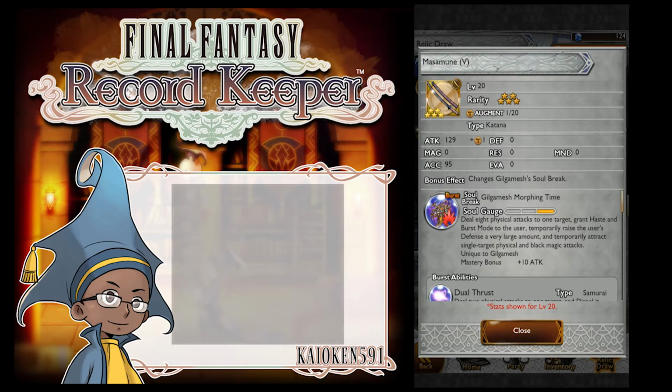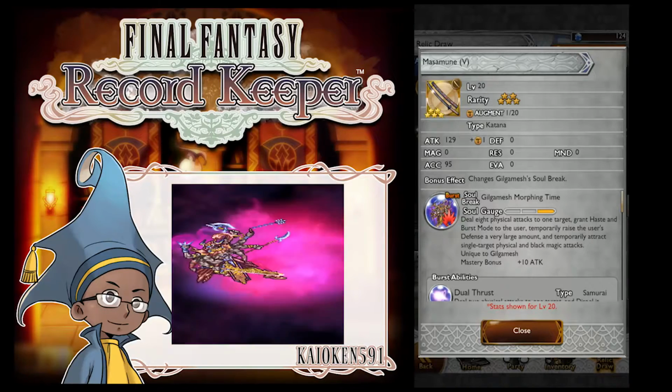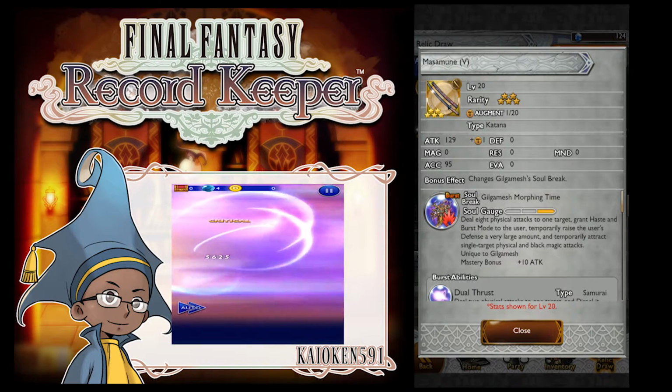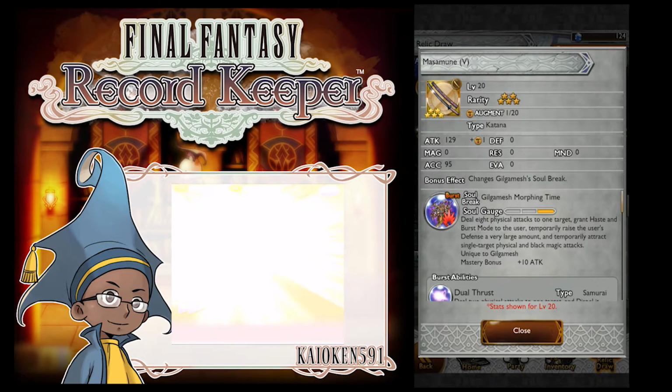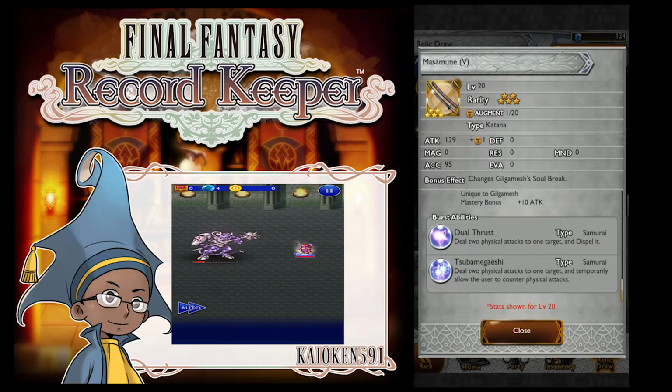So anyway, first up we have the Masamune from Final Fantasy V. 129 attack, it's a katana for Gilgamesh. Same as Gilgamesh's Soul Break 2, Morphing Time. Does 8 physical attacks to 1 target, granting burst mode to the user. Temporarily reduce defense a large amount and attract single target physical and black magic attacks. So that basically gives him draw fire, draw magic, which is really good because one of the commands